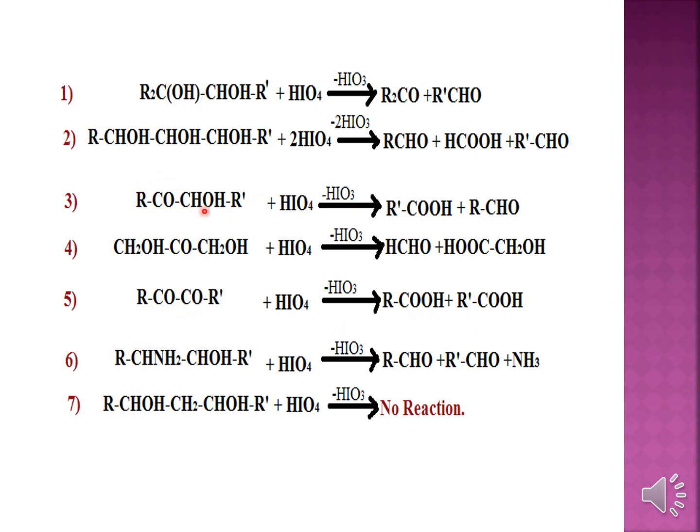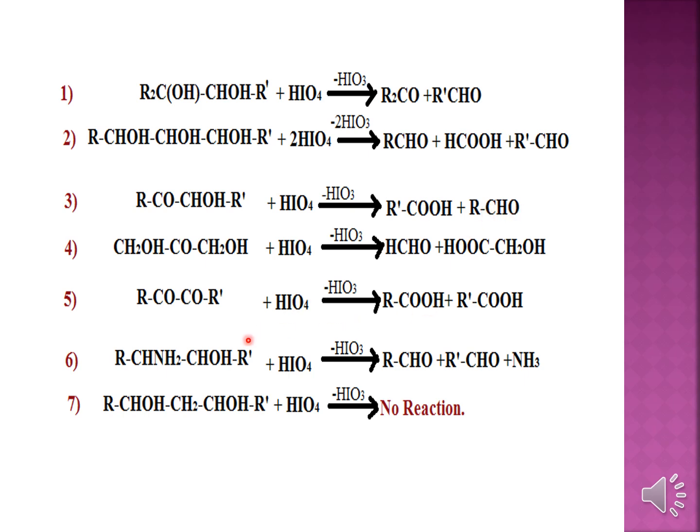So see, here there is a slight confusion. Here if you will see, that RCO is getting oxidized to your carboxylic acid, not an aldehyde. Just make this an RCOOH. This is your R dash CHO. Okay, there is a typing error over here. You have to make this one RCOOH, and for this it is R dash CHO.